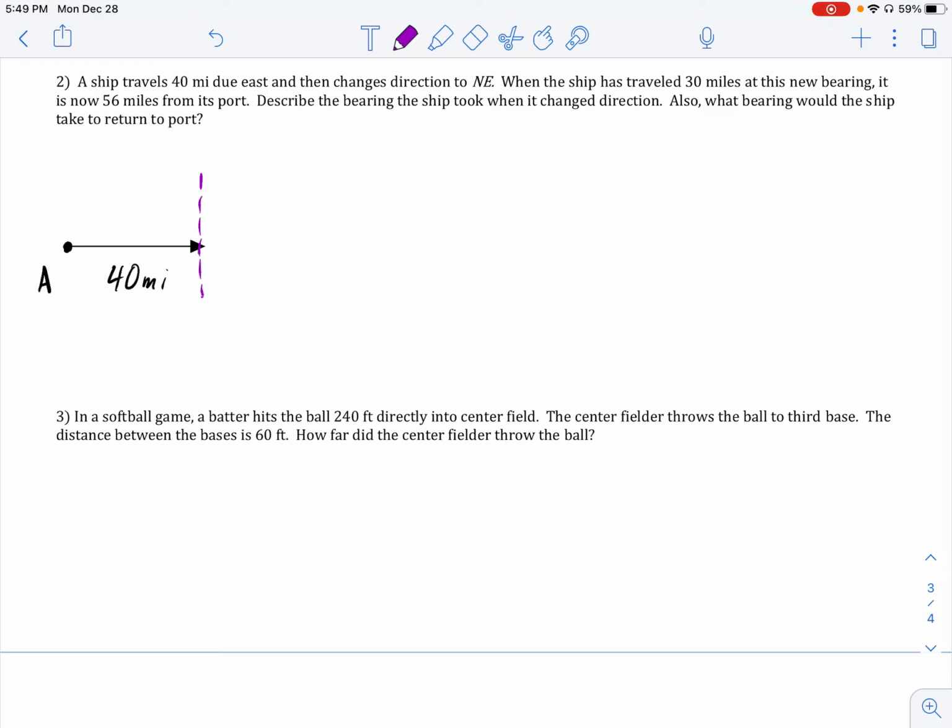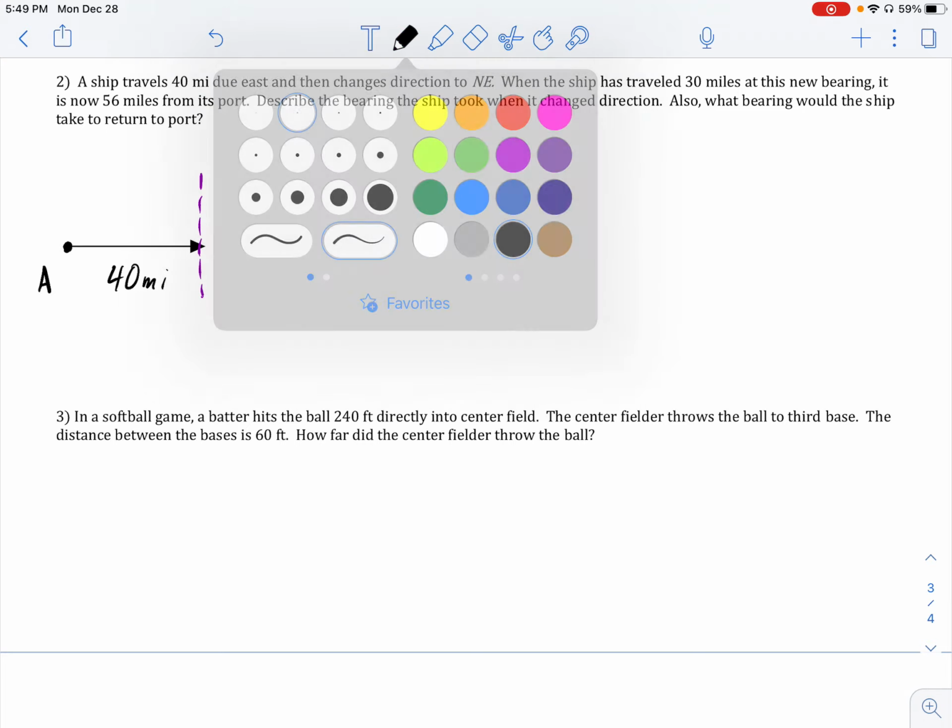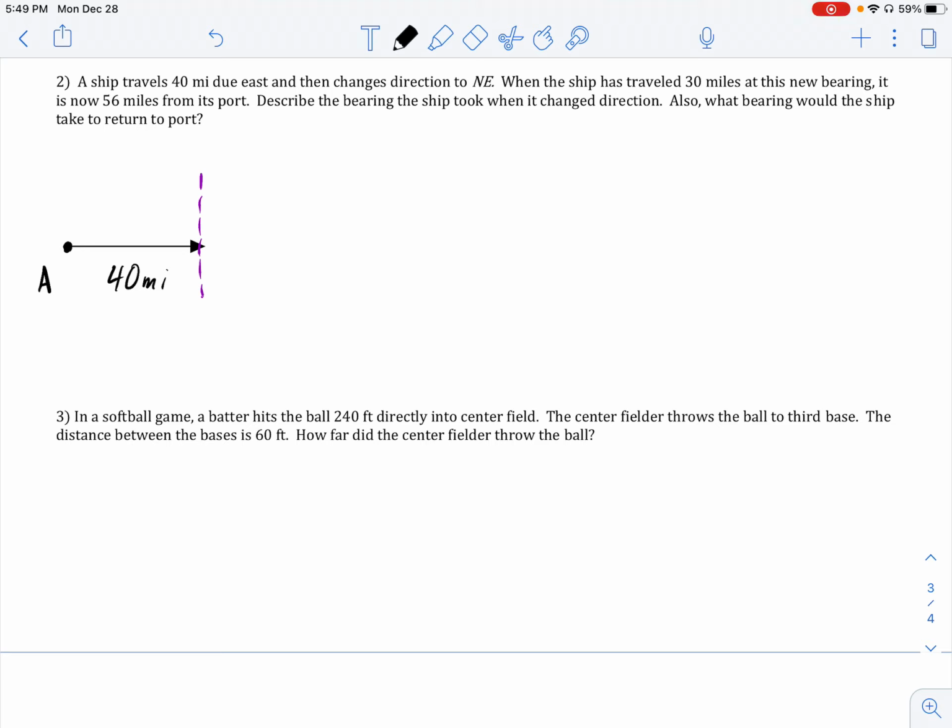And we don't know exactly what bearing it took, when it doesn't say at least, but let's say that when the ship has traveled 30 miles at this new bearing, even though we don't know the angle exactly, we know that its bearing is going to look something like this. And let me just see if I can move that over so it looks a little bit better. We know that it traveled 30 miles at this bearing. It is now 56 miles from its port, the port being the place where it first started off. So this distance here